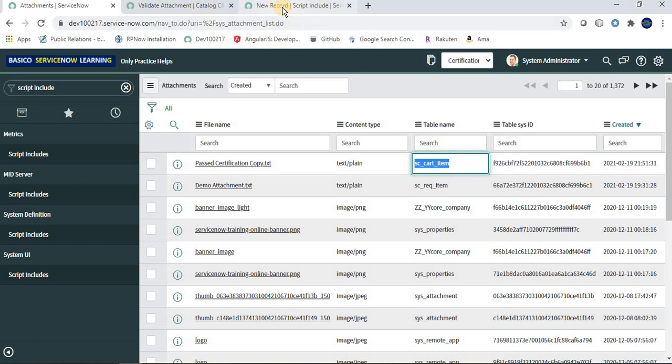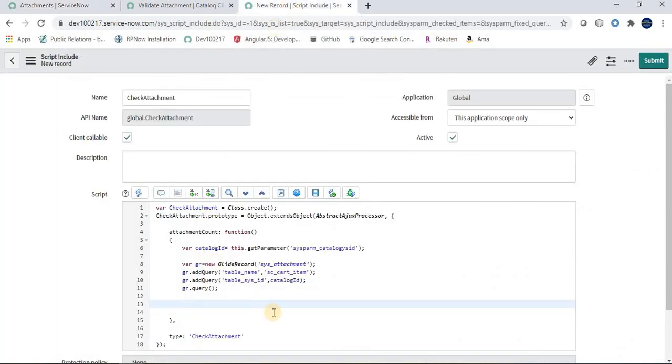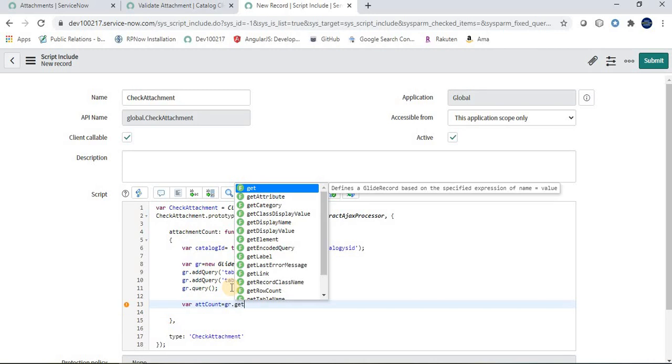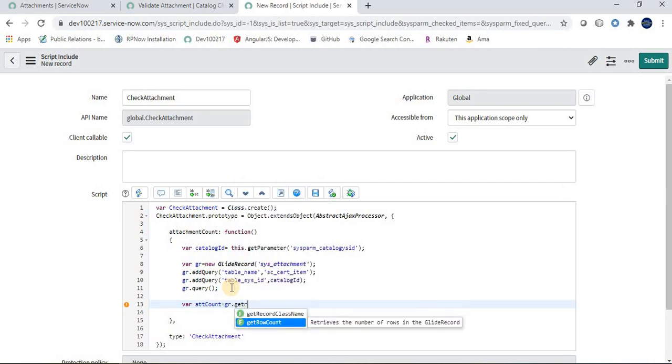So for that we have to use the method getRowCount in GlideRecord. So I'm saying var attachmentCount, then gr.getRowCount. Here we have created a variable where we are storing the row count given by this particular object. Okay, so we are done with this.